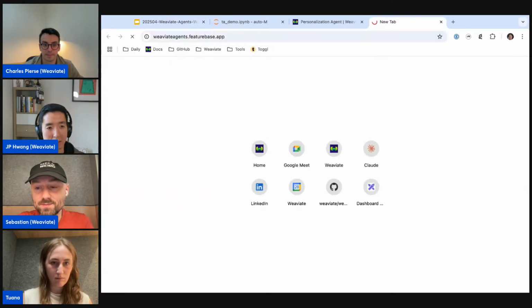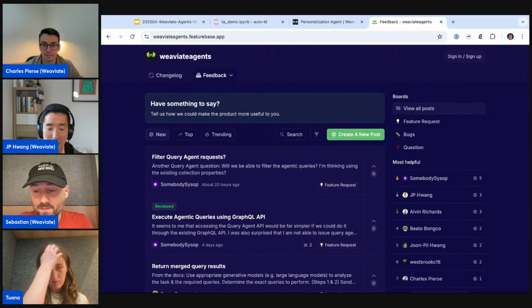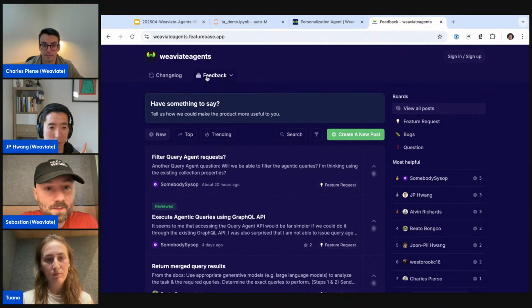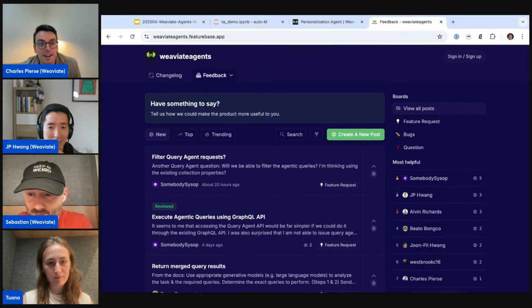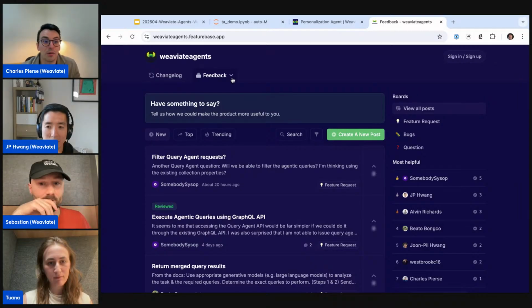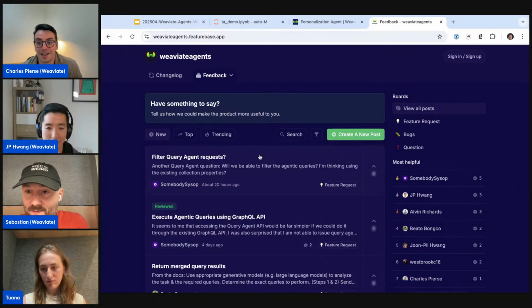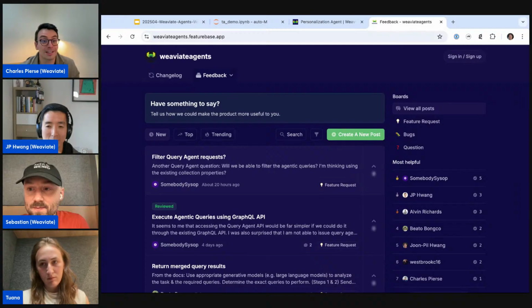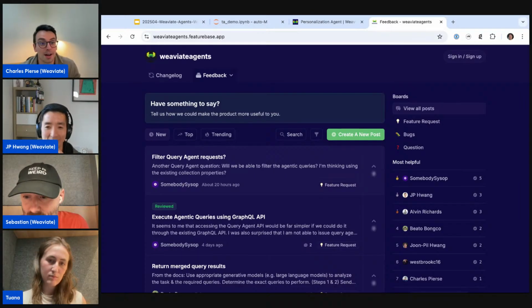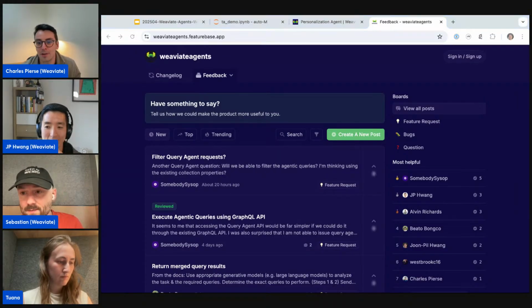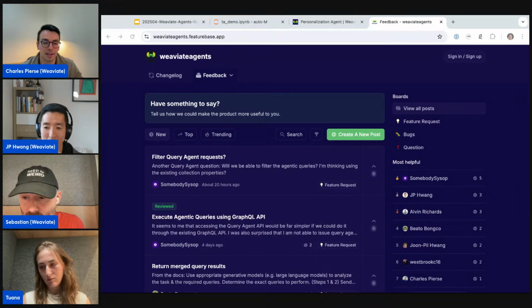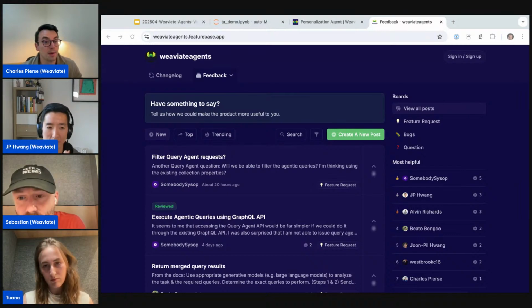Fabulous. And this is not necessarily a question, but it might be worth pointing out, Charles, what's the best use of this site, do you think? Yeah, so we've been using this feature-based Weaviate Agents app effectively as a way to collect and vote on feature requests and feedback, especially considering that we're in an early alpha stage. The great thing about this stage is we can change and modify the behavior pretty easily, and the API might be subject to change, but if you've got a use case that you're really excited about, that you think the query transformation or personalization agent might be a fit for,